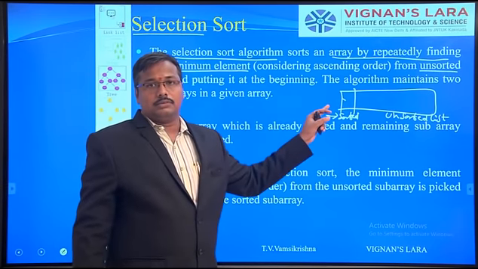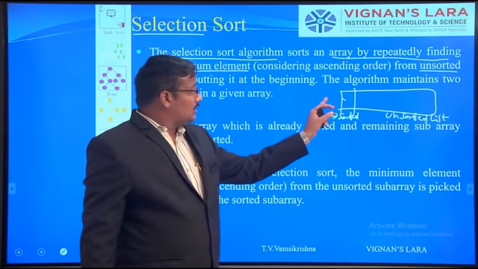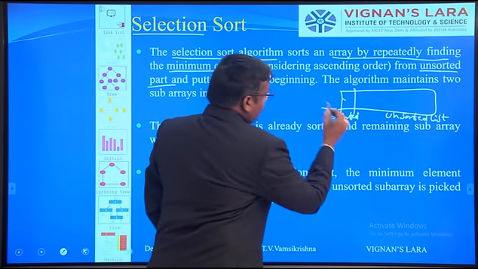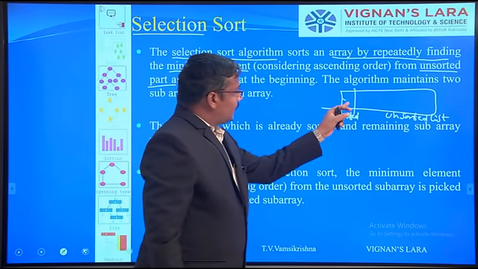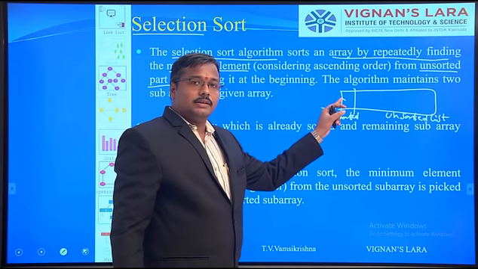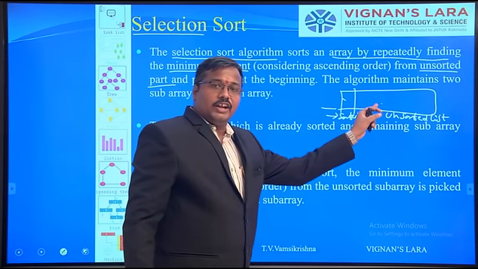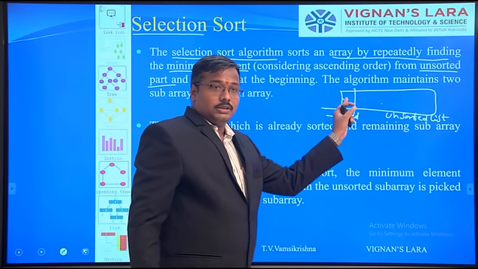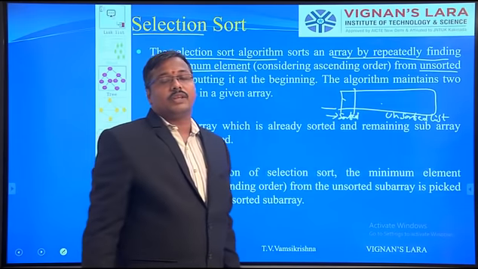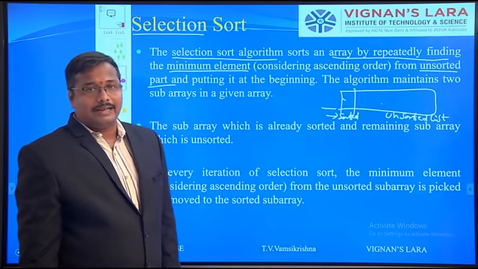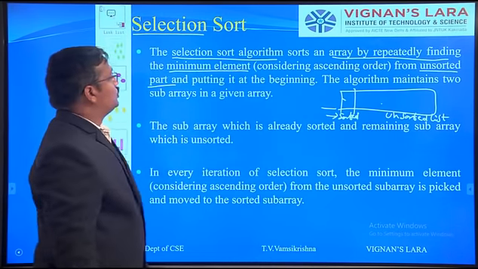Similarly, here in the selection sort category, we start with the sorted list being empty and the unsorted list being the entire array. First we choose the first element as the minimum element, and by making comparisons with the remaining unsorted part, we find whether it is the minimum or not. Suppose some other element is the minimum, then we swap these two elements at the end of the iteration. Like that, we add elements one by one to the sorted position.